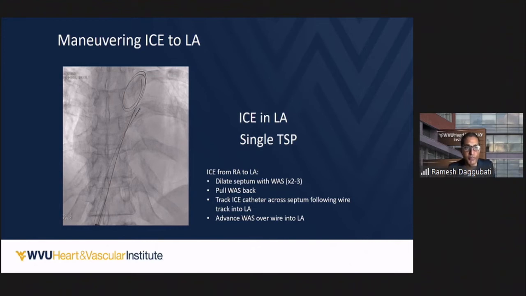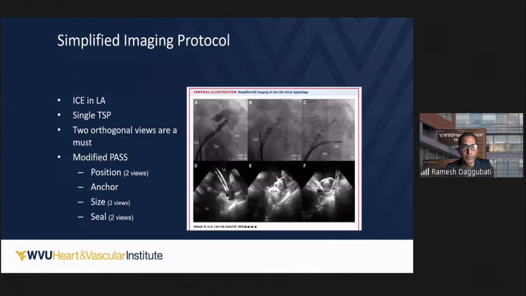But if you have a problem, you can dilate it further and put the ICE catheter in as well. So dilate the septum, and track the ICE catheter across the septum, following wire tracking, to the left atrium. We use this wire, somewhat similar to the ProTrack wire,